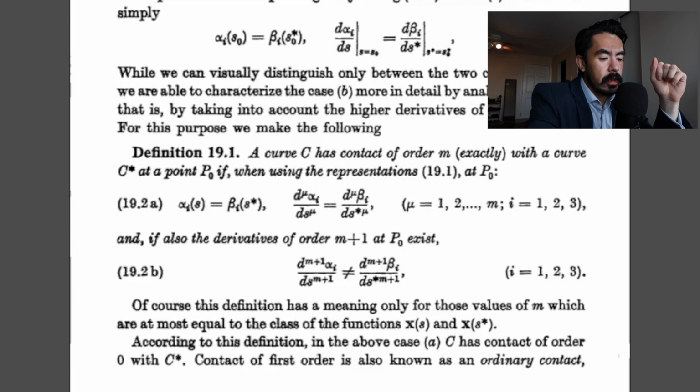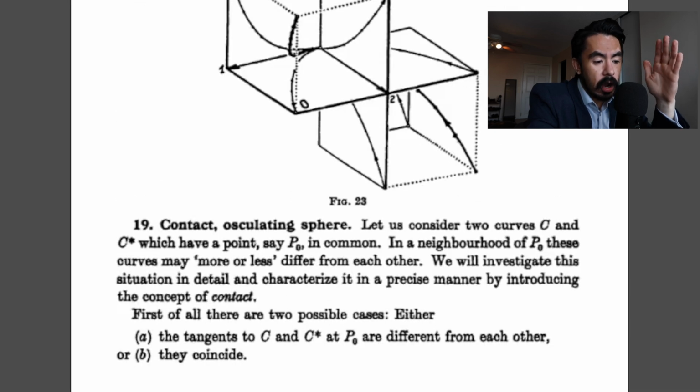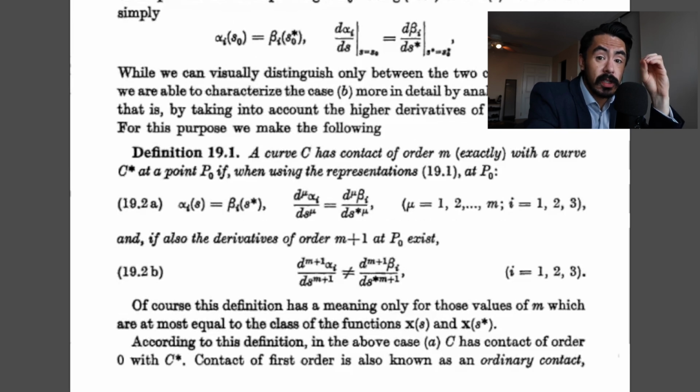According to this definition, in the above case, A, C has contact of order 0 with C star. That is to say, when the tangents to C and C star at P naught are different from each other, there's contact of the order 0. This is an important thing to point out because when you look at the first part of the definition of contact, mu is allowed to be 1 through m, but it is not specified or allowed to be 0. However, it's an important caveat that we can still have contact of the 0th order, which is the case when